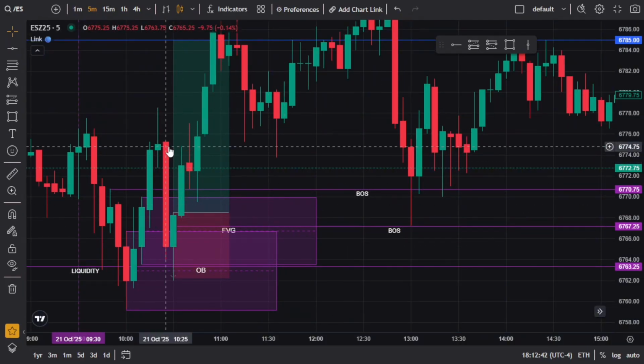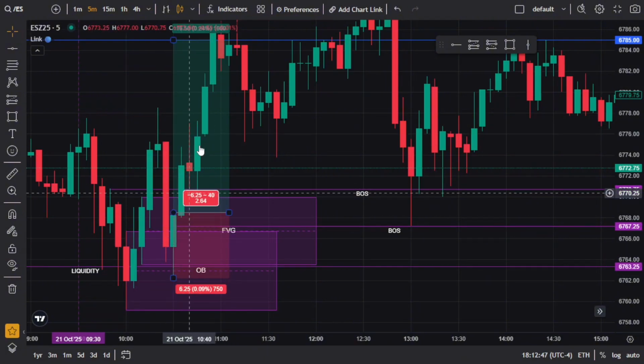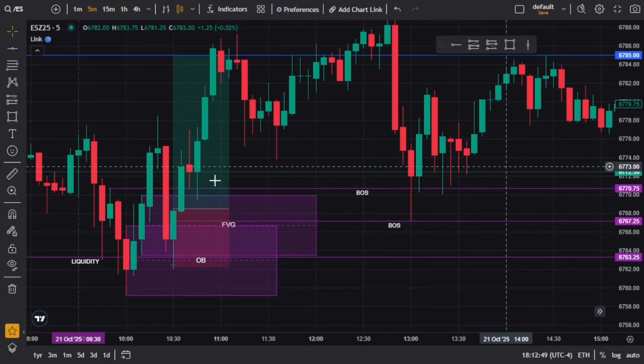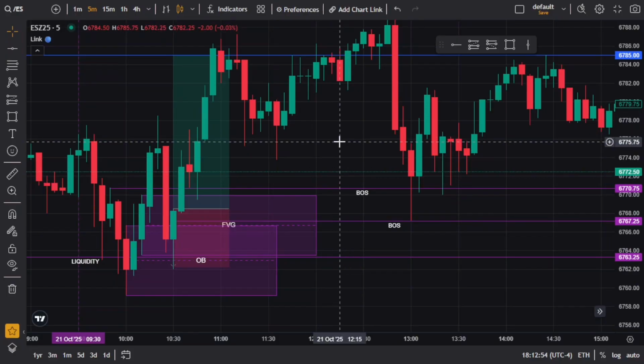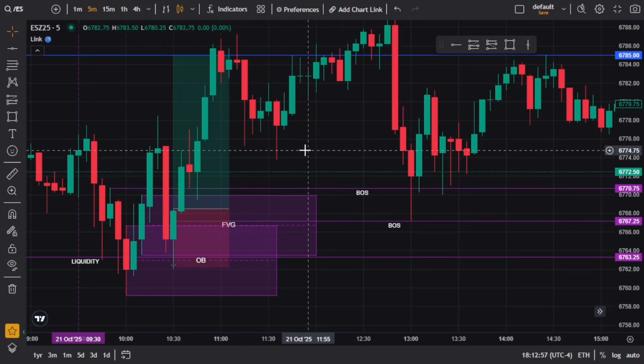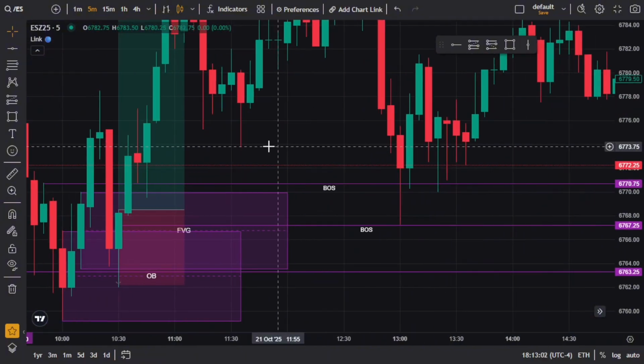People are going to be like, oh my gosh, it's a red candle. We're going to sell. Boom. Once they sell, price is going to push in the opposite direction. We're going to buy. They're going to get stopped out because they don't know how to do anything. And we're going to hit take profit because there are stupid people in the market. If you're not stupid, that's how you make money. Literally, that's how you make money, right?